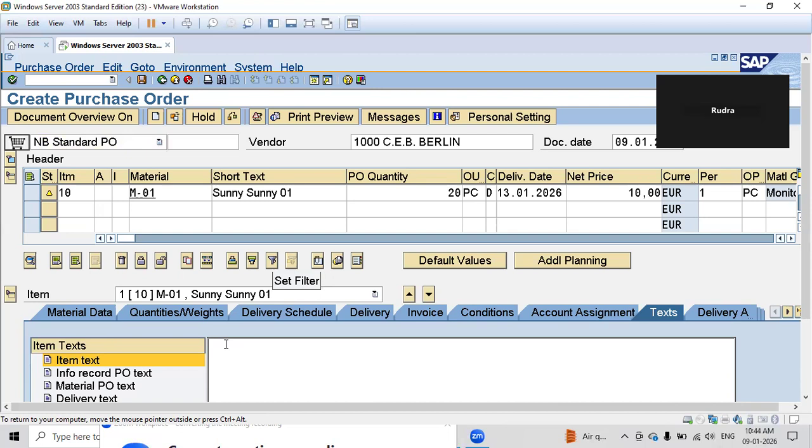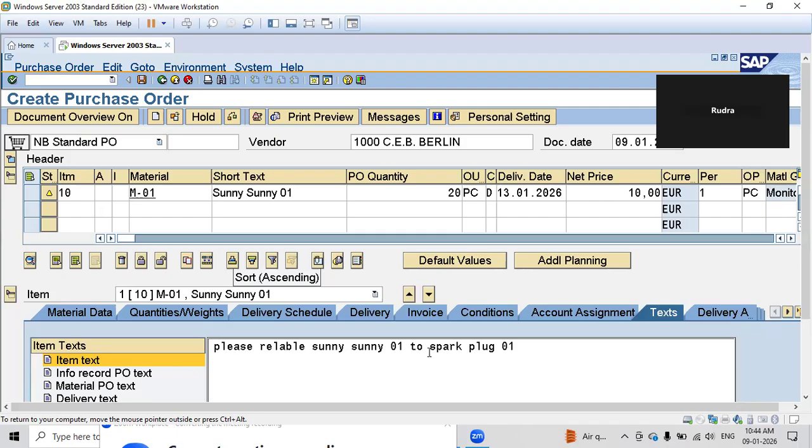If the vendor has Sunny 01 in their warehouse, we can tell them please relabel Sunny 01 to spark plug 01. Like this, we can mention it here.